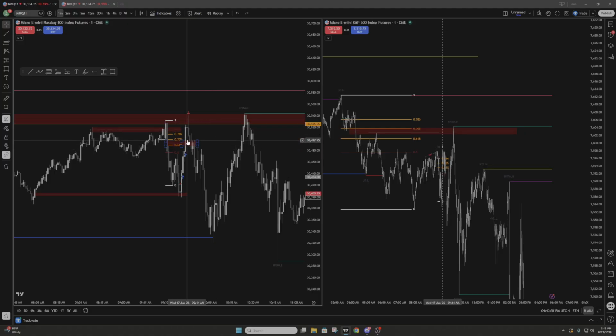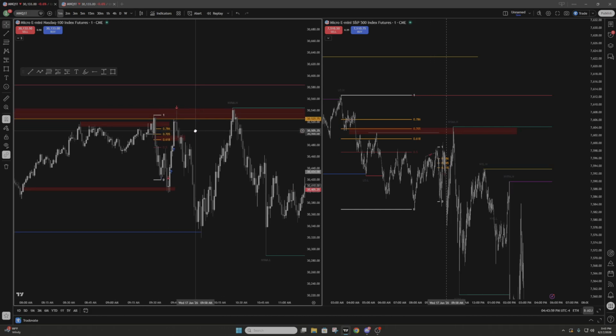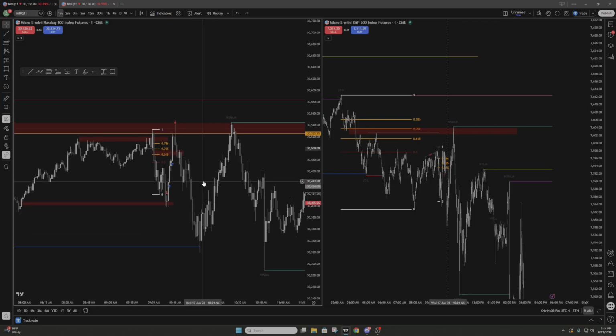So here, I should have just patiently waited until this pullback came up, because we did get a sweep of liquidity and a secondary rejection within the same PD array. And from there, my model formed again. So IFEG, CISD, or this entry down here, it still would have taken out the Asia lows. So with that being said, that would have been my initial entry, and that entry was probably the best entry